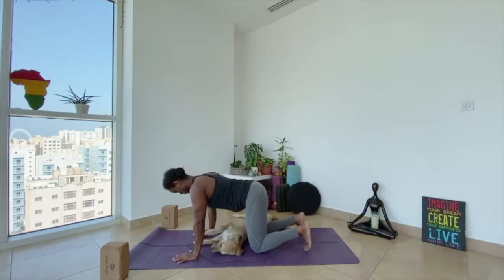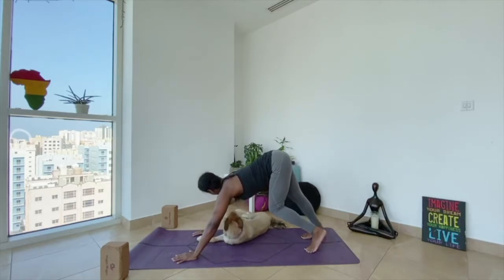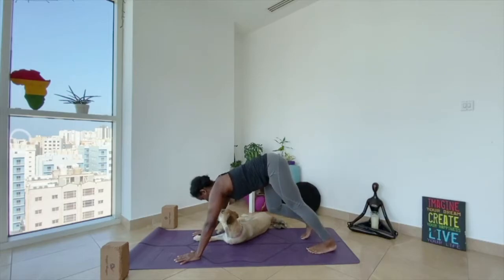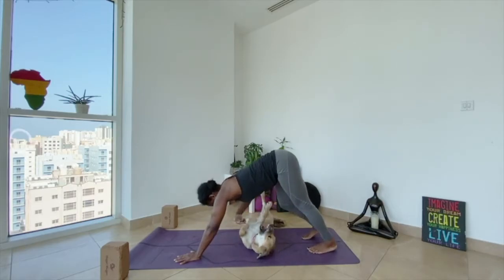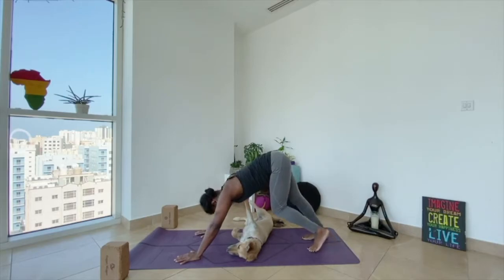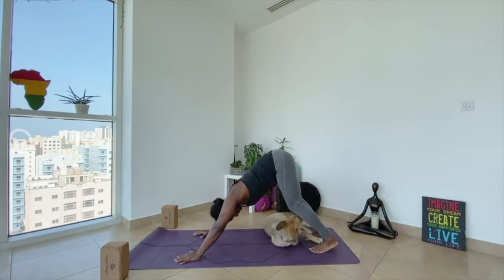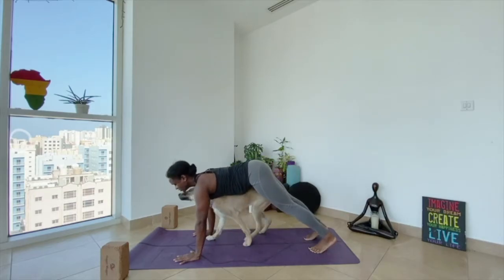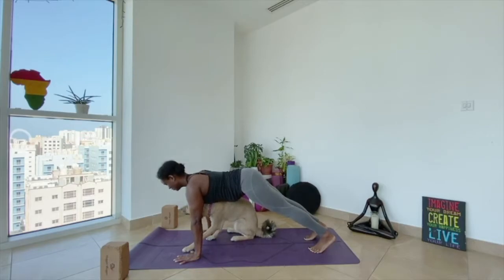Tucking the toes, downward facing dog. Lengthen the spine here. You can pedal the feet back and forth, pressing one heel down to the mat and then the other. Good, two more breaths. And after that second breath, taking a deep inhale, push yourself forward into plank, bringing the shoulders over top of